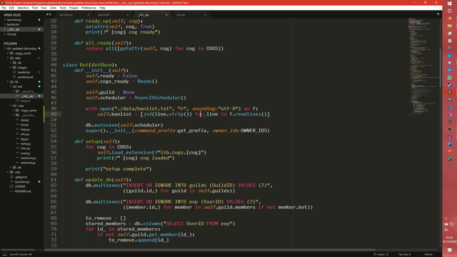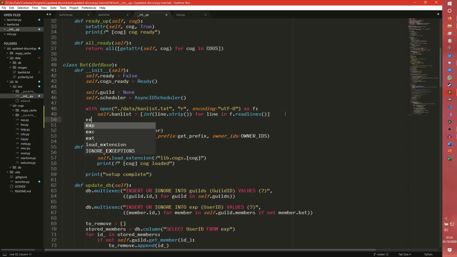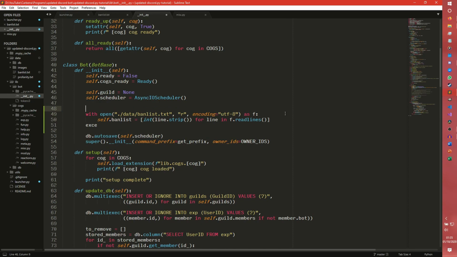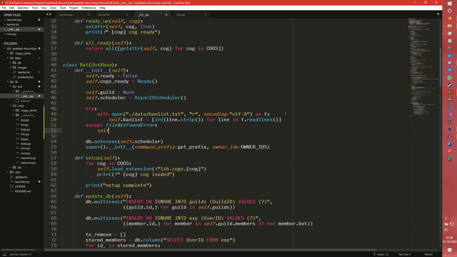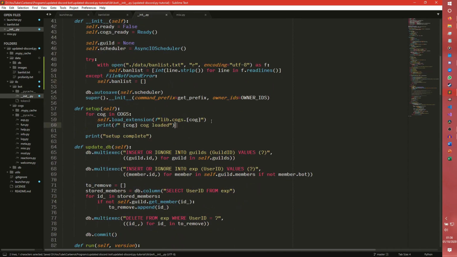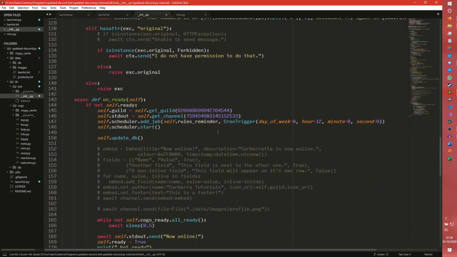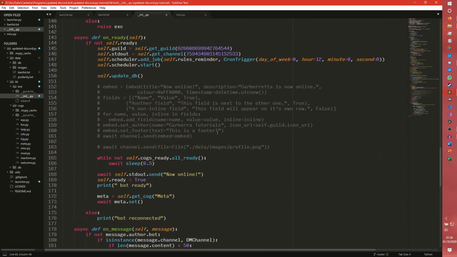If this doesn't exist, it'll error. If you want to account for that, we could do a try, and then except FileNotFoundError, in which case you could just set self.banlist equals an empty list, and then when we shut the bot down, it will then create the file. We're not going to bother doing that. Well, it will do it automatically, but that is just how you do it if you didn't want to create the file outright. So now we're going to go into our shutdown, whatever that was,